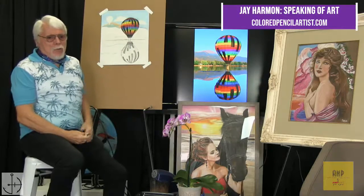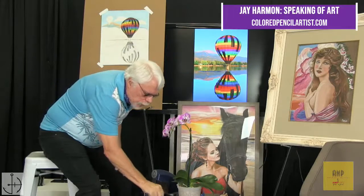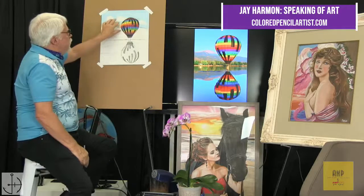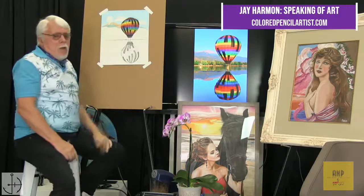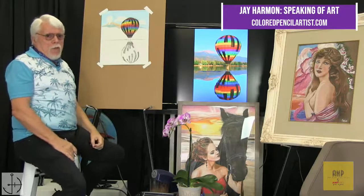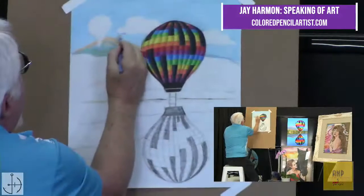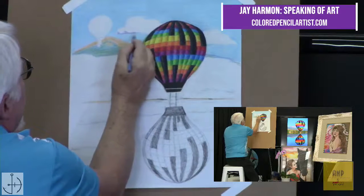Okay, I've added a couple clouds to this picture just to make it more interesting. And so what I'm going to do now with the clouds, I'm going to make them so they're not just pure white. Remember I said before that the clouds are usually flat on the bottom. They don't look like cotton balls or popcorn. They have shape to them. And so I'm just going to go back here a little bit, and I'm going to put a little darker blue right here